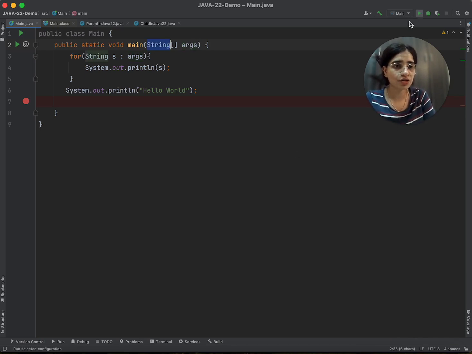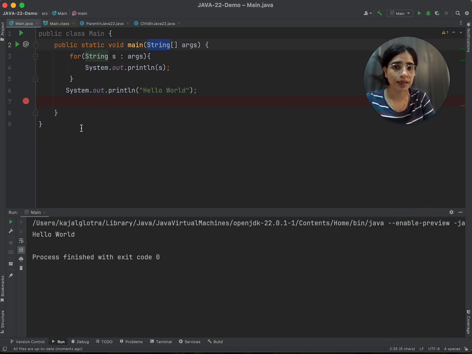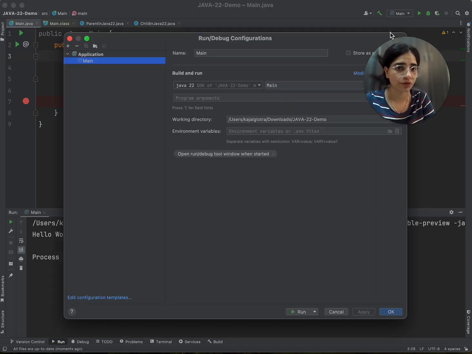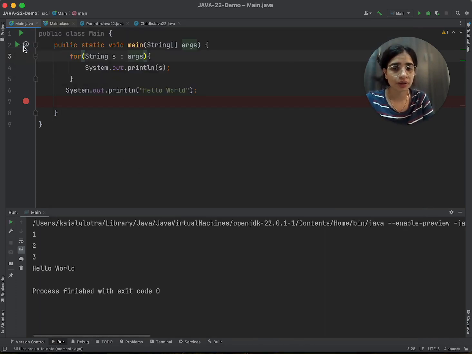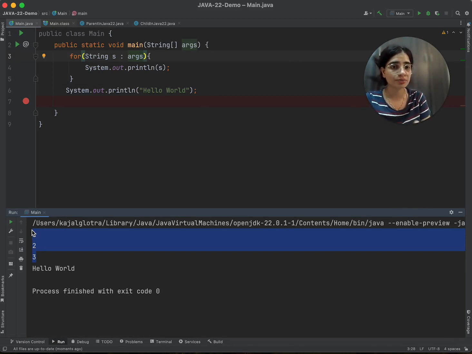If I just run this method, you will be able to see that I'm not passing anything in the arguments. That's why these arguments are not getting printed. But if you want to pass values to this argument, then you just have to click on edit configuration and you can see program arguments, and you can pass whatever you want to pass. Click on apply and click on OK, and then I'll run this method and you will be able to see that everything you wanted to pass is coming here. Everything present inside this method is useful, but it is very difficult for a beginner to understand, right?